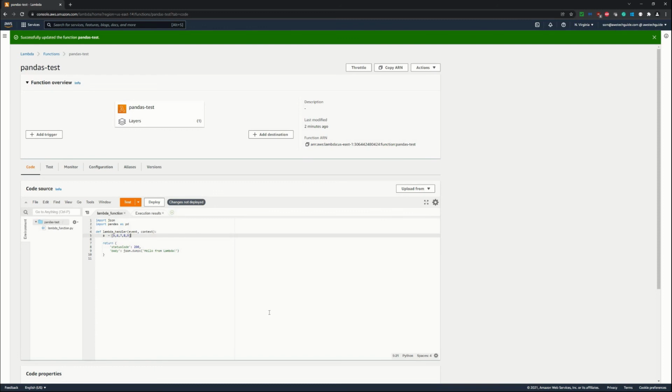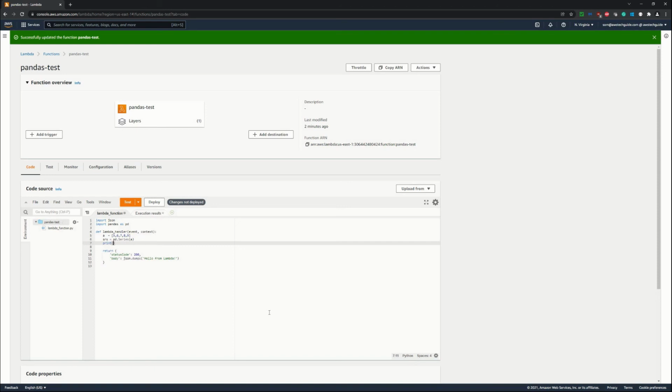And we want to print a series from here. Suppose srs equals pd.Series of this a variable.